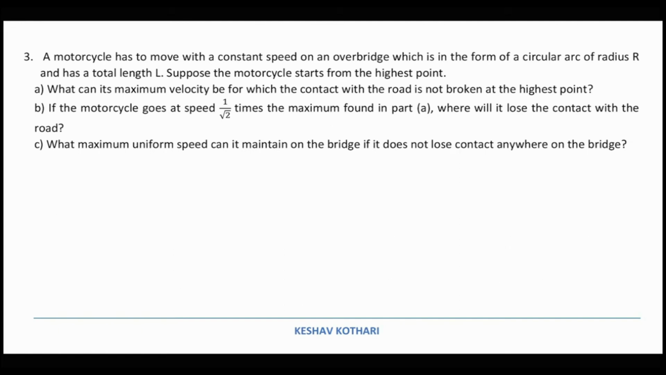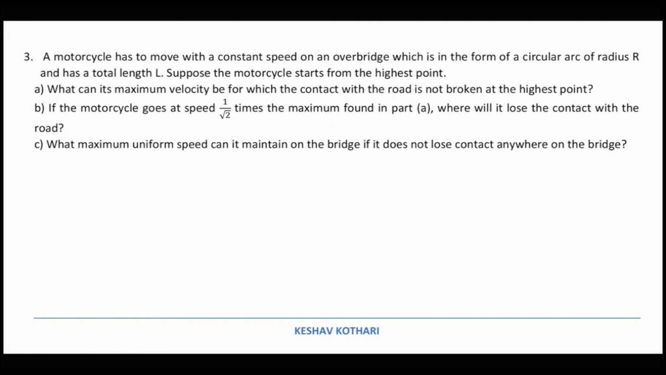And the next one is, if the motorcycle goes at a speed 1 by root 2 times the maximum speed found in part A, where will it lose the contact with the road? And the last part, what maximum uniform speed can it maintain on the bridge if it does not lose contact anywhere on the bridge? So if we are considering this kind of a problem, so if we understand this arrangement,